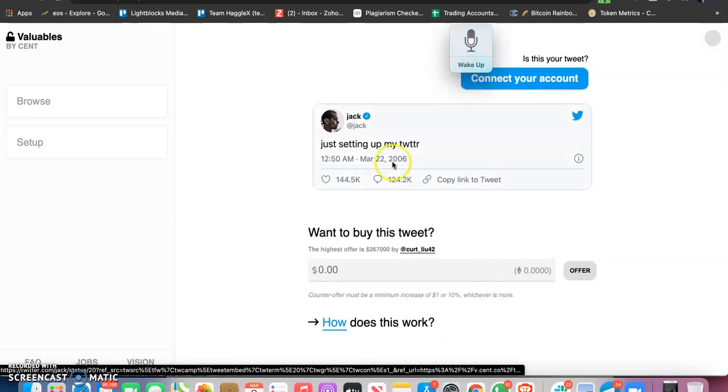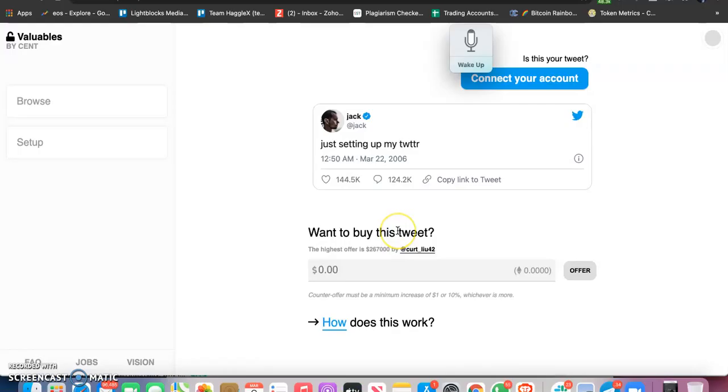This means he's offering to sell this tweet. Right? Anyone can buy this tweet. That means this tweet right now is now an NFT. What is an NFT? NFT means non-fungible token. That means it is a digital